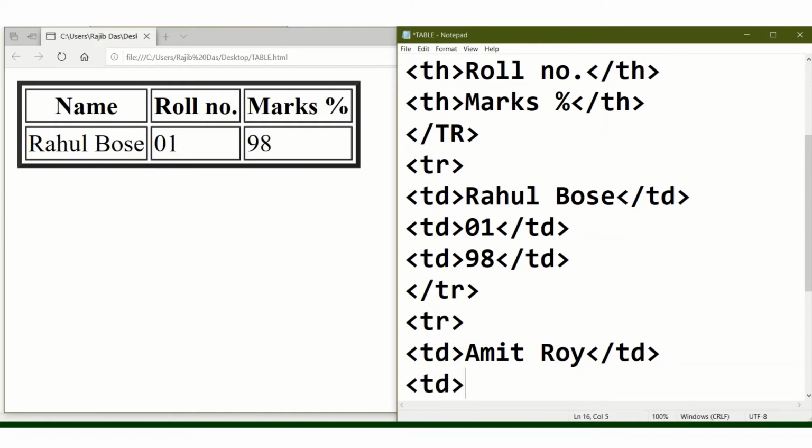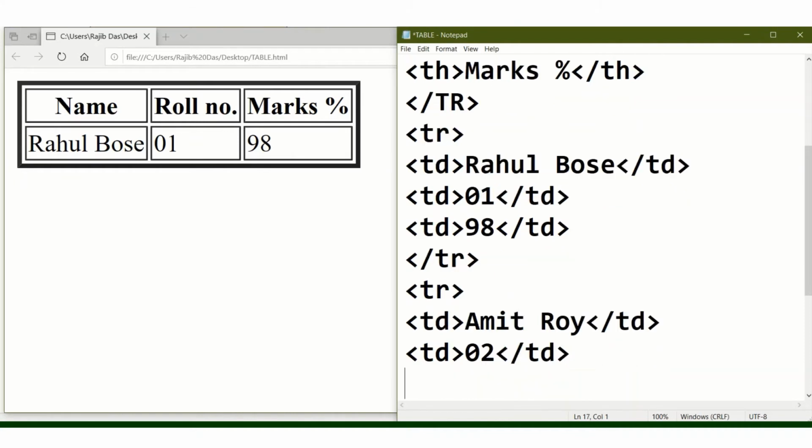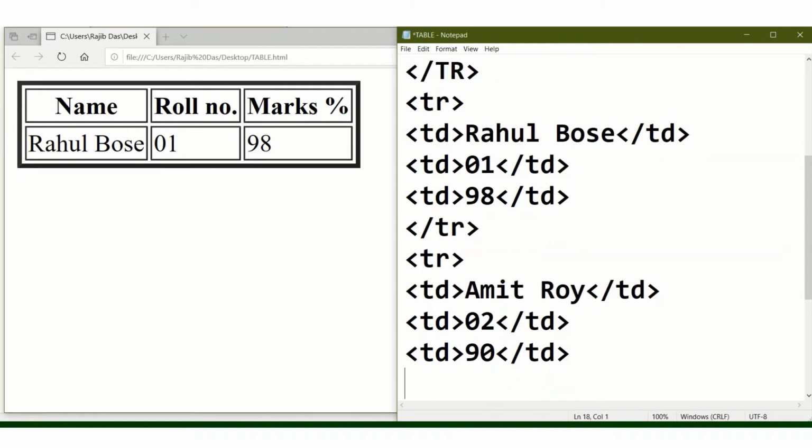again for the second column. The second column is the roll number we have to insert. So suppose I am giving roll number 2, and then TD close. Third column, the TD, and in the third column we have to insert the marks according to the table. Suppose I am giving 90, and then TD close.